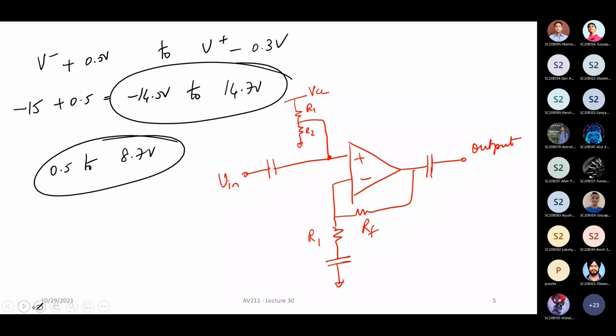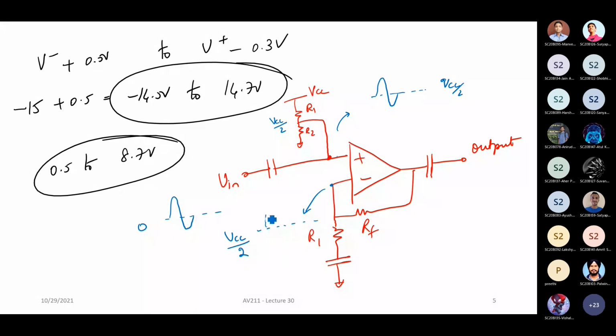So here basically what is going to happen? Here you have 0 volt and then let's say you have a sinusoid. At this point, what is going to happen? Let us say R1 is equal to R2, so it is VCC by 2. So you're going to have VCC by 2 and then here you're going to have your sinusoid. Now, because of the negative feedback loop action, this is a virtual short. So this node voltage is also going to be at VCC by 2. There is DC feedback and this node also will be at VCC by 2. And that is what you're having.